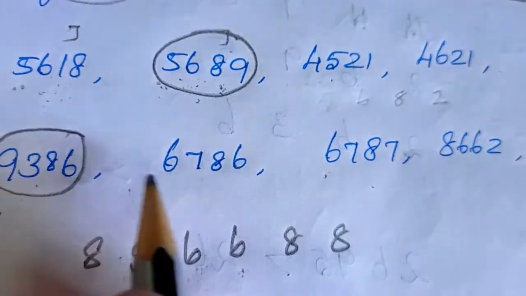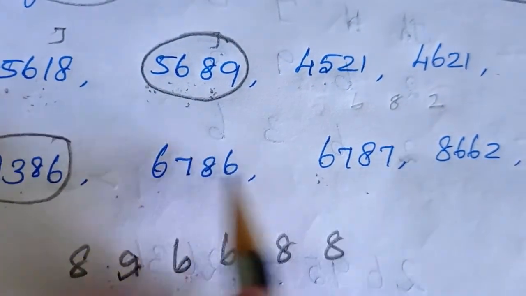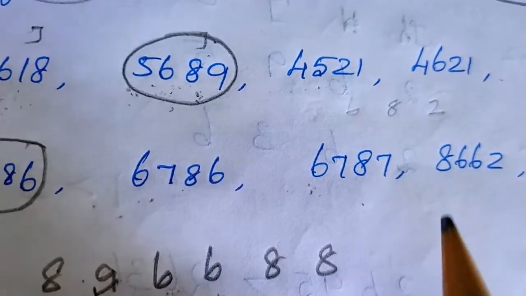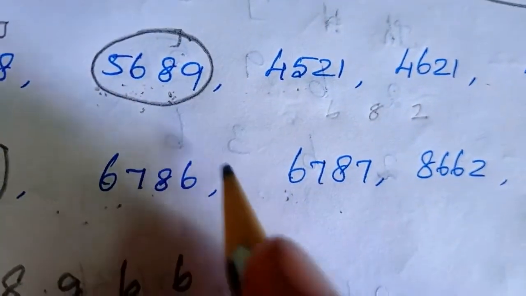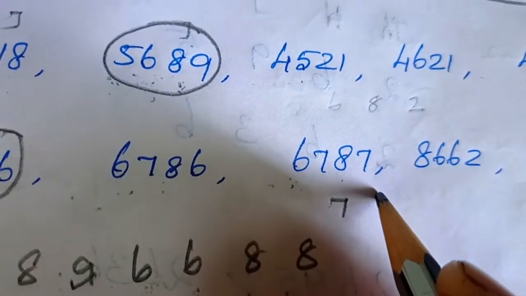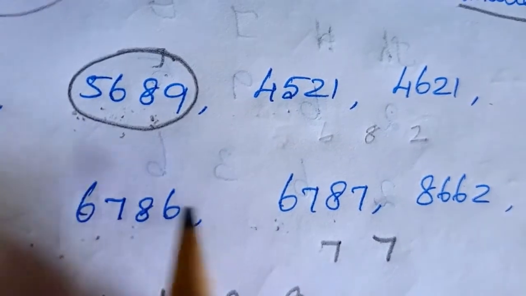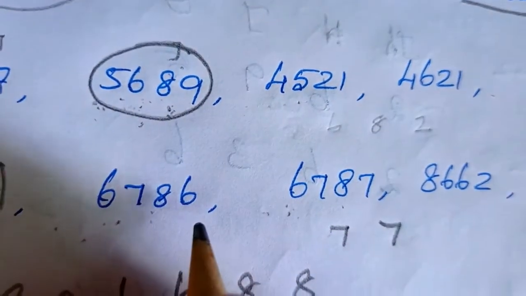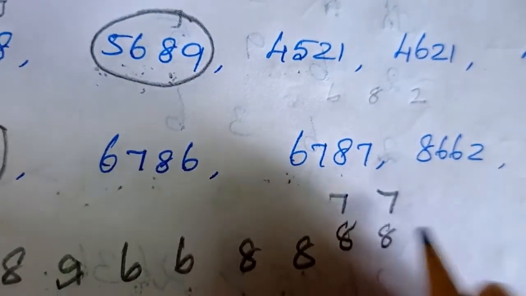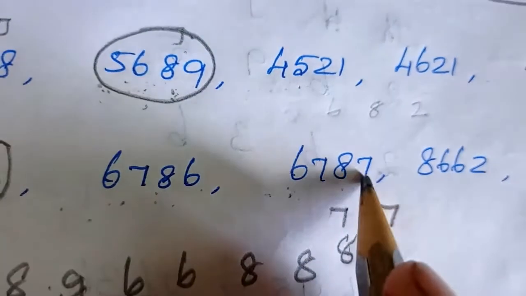Okay. Here the two numbers, the thousands place value is the same. That means 6 and 6. Okay, so what do you want to do next? Yeah, check their hundreds place value. Okay, so children, here the hundreds place values for both the numbers are also the same, 7 and 7. Okay children, and what do you want to do next? Yeah, check their tens place value. Again the tens place value for both the numbers is the same, that is 8 and 8. So what do you want to do next? Yes, check their ones place value.